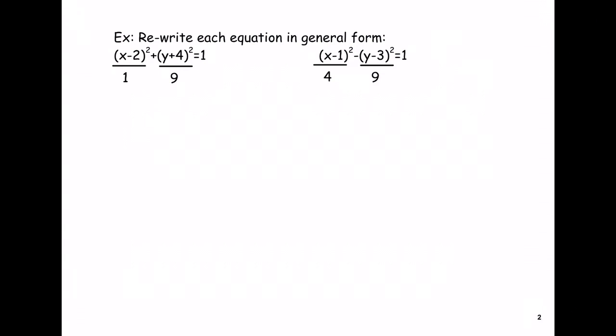In the first example, we want to rewrite each of the equations that are in standard form in general form. Remember, general form is when we expand everything out. So if we have the quantity of x minus 2 squared over 1 plus the quantity of y plus 4 squared over 9 is equal to 1, the very first thing that we want to do is clear our fractions. So if I multiply this entire thing by 9 over 1,